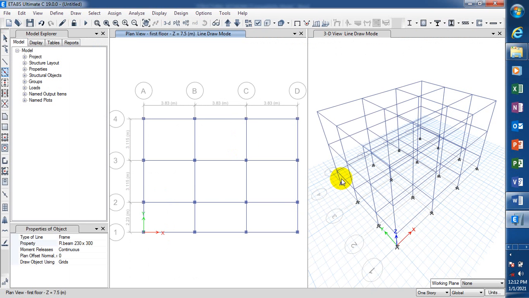Today I'm going to continue on the modeling, and we are actually going to analyze this building as well, and then we are going to add the loadings on this building before we now analyze, okay? So we are going to add our slab to this. We are only going to have our slab on this level, okay? Because here we have a roof beam on this level, so on this level we are going to be having